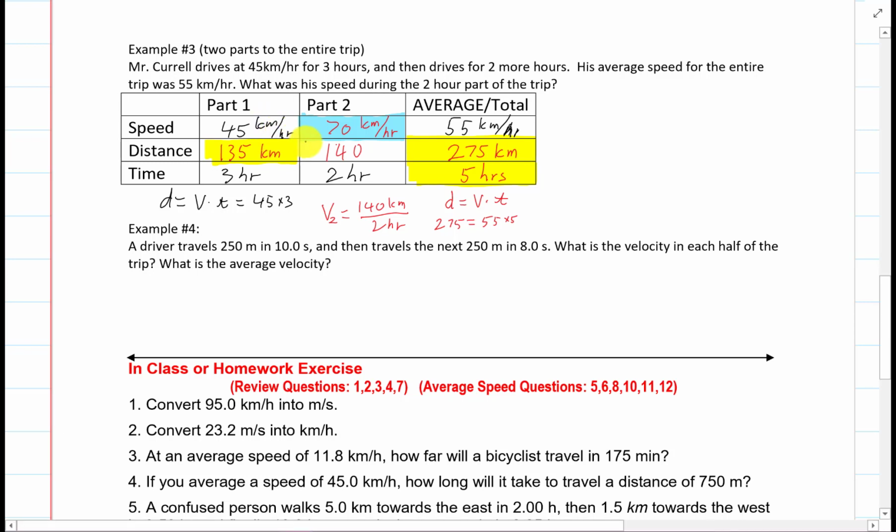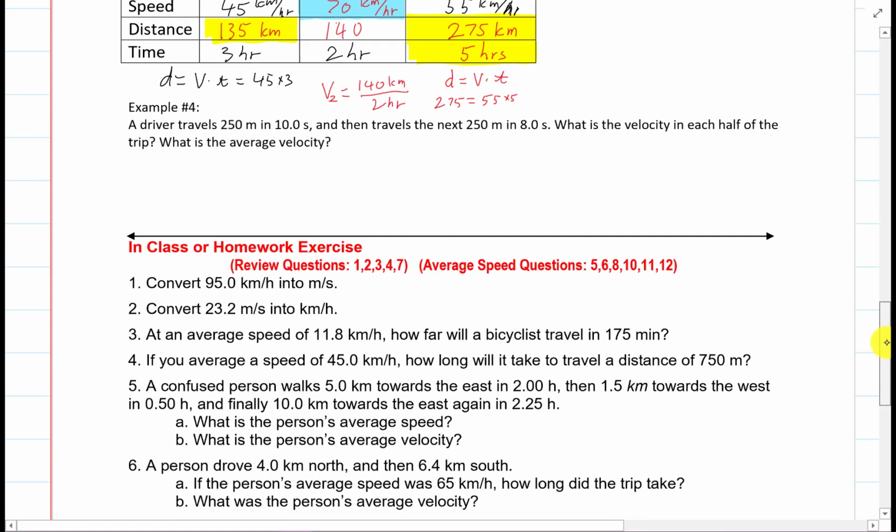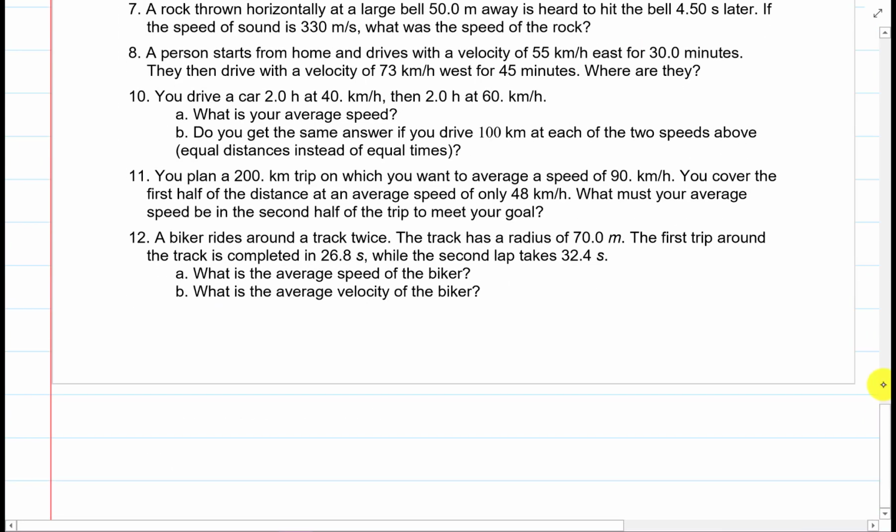Take a look. All the speeds are in kilometers per hour. All the distances are in kilometers. All the times are in hours. As long as all the units are the same, we don't even have to put the units in because they cancel out. And that'll help on weird questions like,